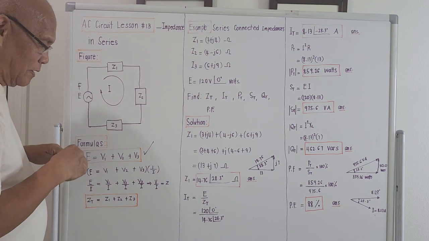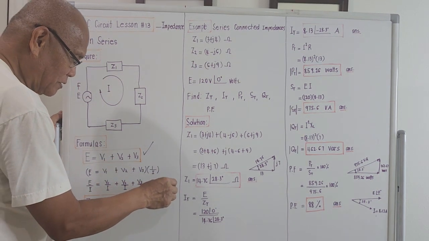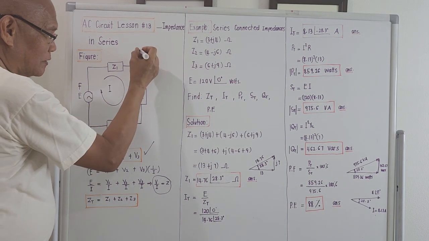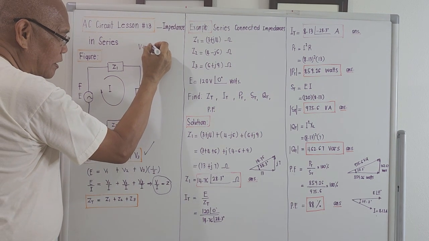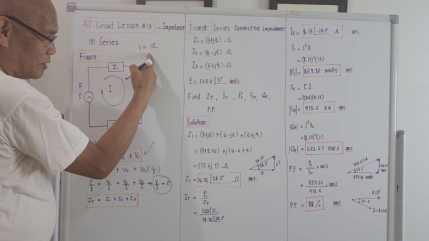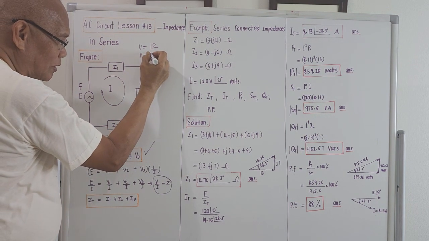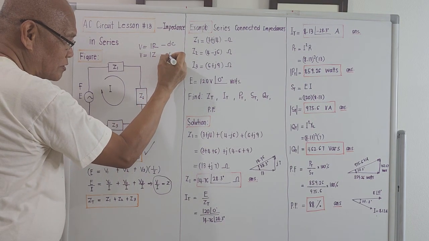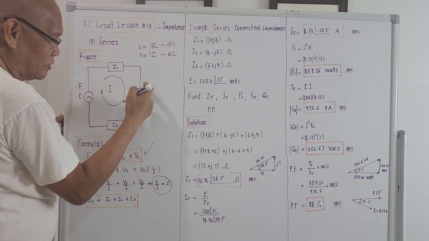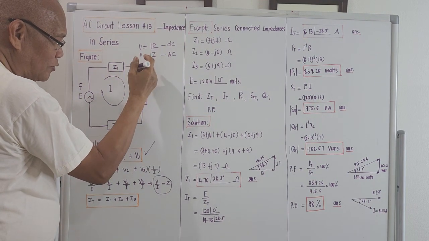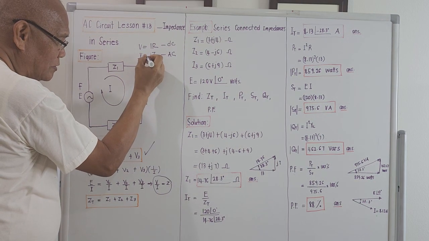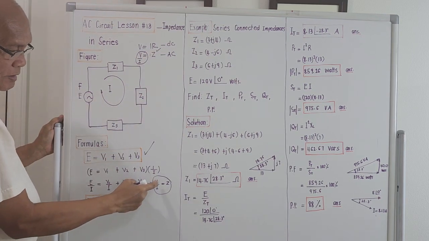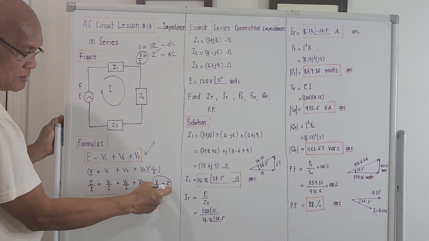Okay, but take note, the ratio voltage over current is actually impedance. Under a DC circuit, voltage is equal to IR, that's for DC circuit. For AC circuit, voltage is equal to total current times impedance. This is for DC, this is for AC. So by using this relation here, we will remove this one, we put it here. Okay, so the ratio voltage over current is actually impedance. So I place it here. Since voltage over current is impedance, okay,